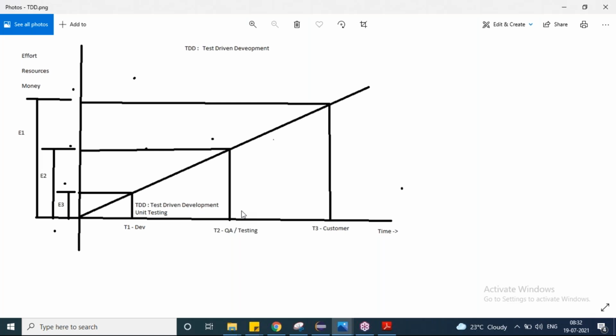So QA will come into the second phase, but before the QA team enters the system, people are more focused on unit testing. As the developers are not doing thorough testing, we have to recruit a separate team called the testing team, right? And they have to spend a lot of time. See, the negative testing and all, as a developer, as the code is there with you, if you spend some 5 minutes of time, you're saving a lot of time for the QA team. QA team will focus on the functionality, right? Whether the business is happening properly or not.